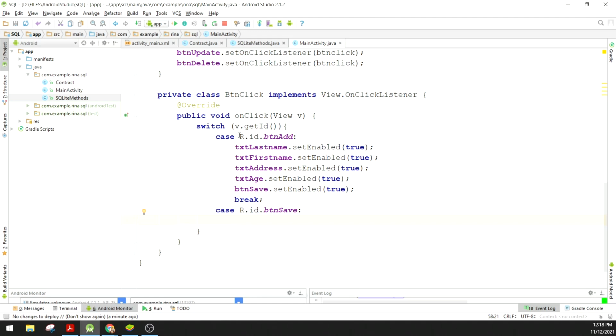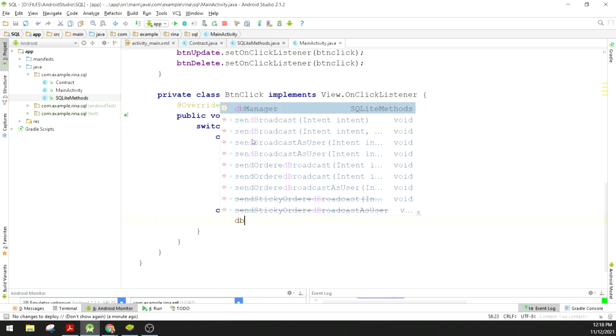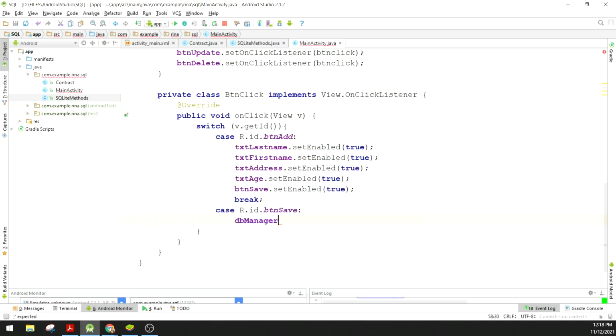Okay. So, maglagay ako dito ng DB manager dot insert record. Lagay natin DB manager. Si text